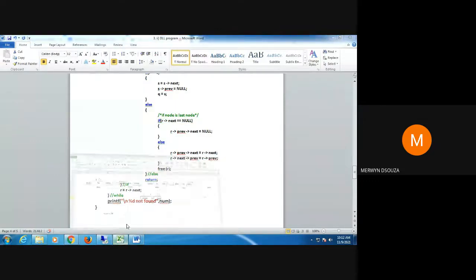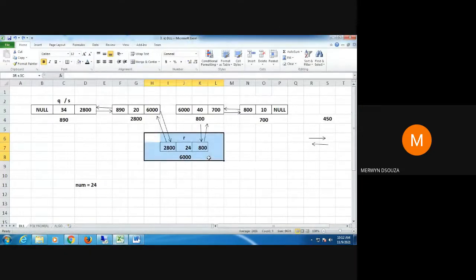Now, if I delete this, tell me what should come here. Let me just label here. I'll write here A. This is B. So if I delete the node pointed by R, what should be in the next part of A? And what should be in the previous part of B? If I'm deleting this, what should be in the next part of A? What should be in the previous part of B? If I delete this one, can I quickly write the answer?